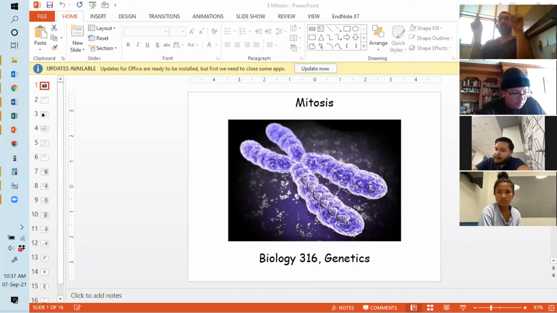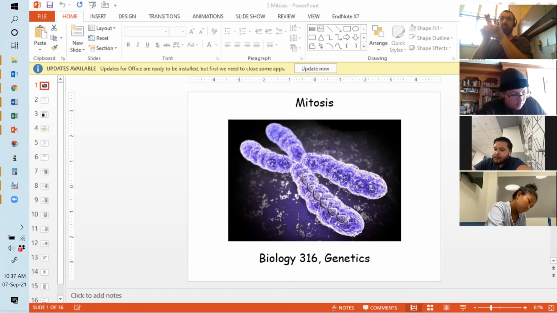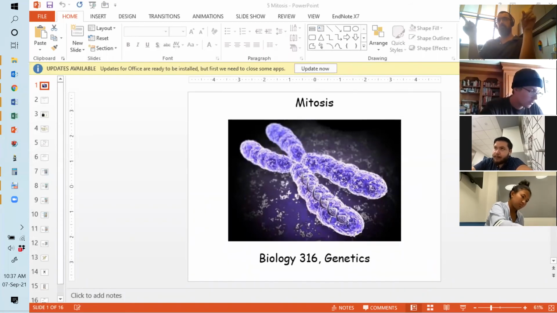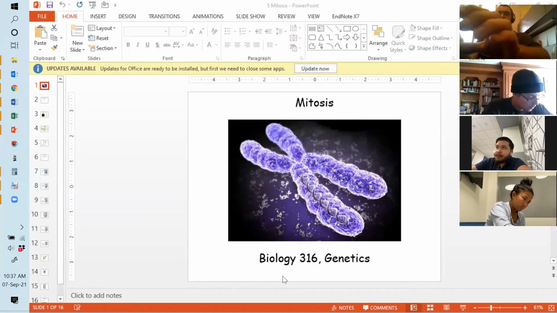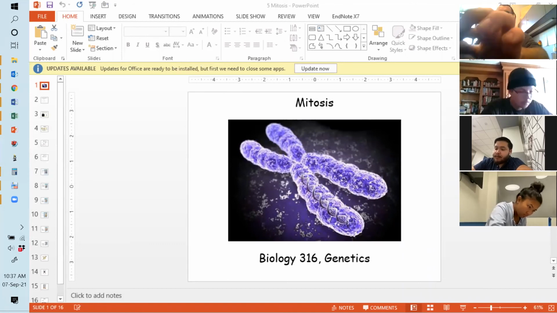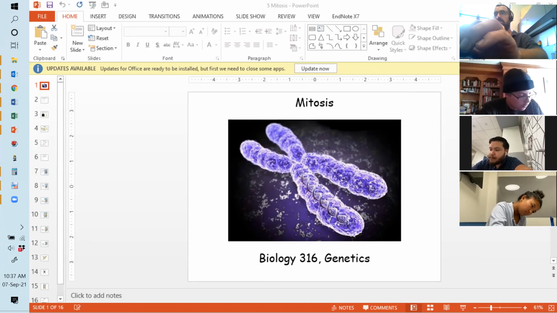Now, sister chromatids are exactly the same, and they're sister chromatids while they're stuck together, right? After DNA replication. As soon as they get pulled apart, they become chromosomes. And that occurs in anaphase, a part of mitosis or meiosis.